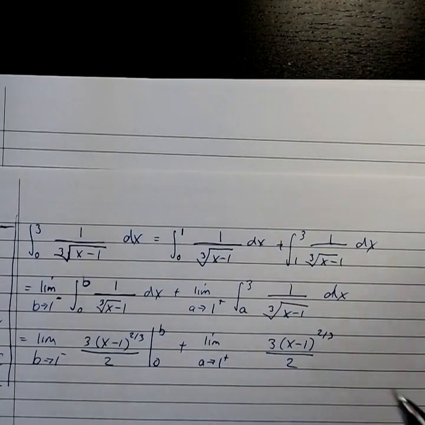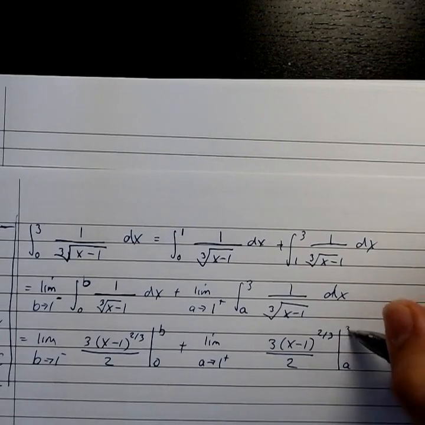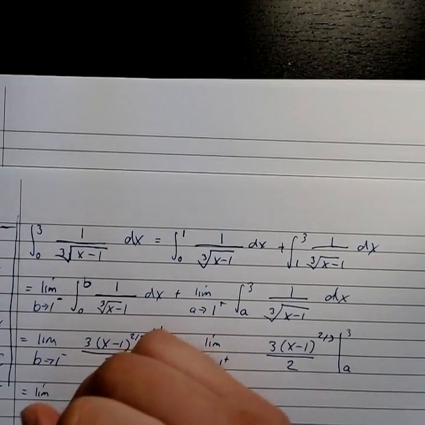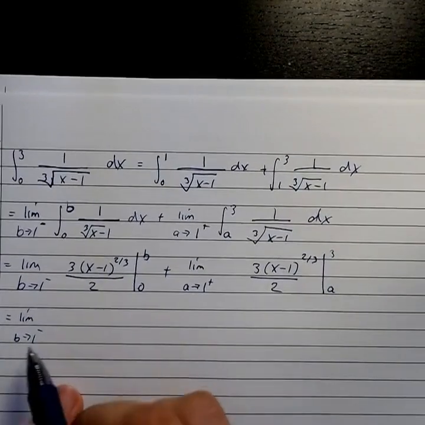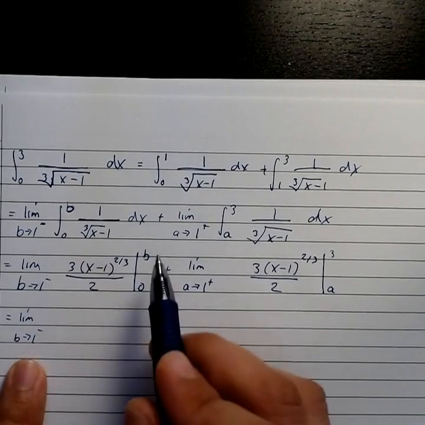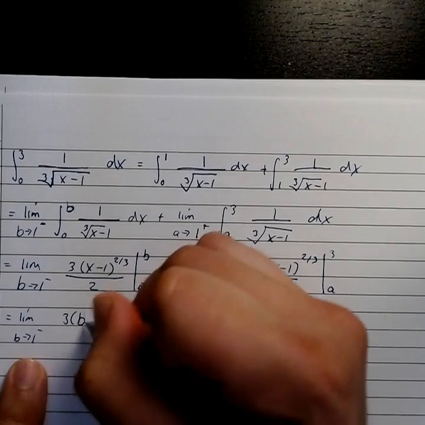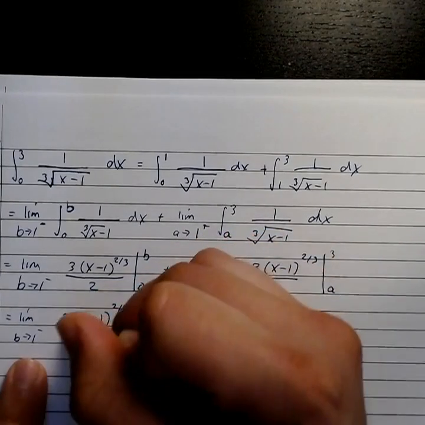And now we can go ahead and evaluate that at its endpoints, which are a and 3. Okay, so now this is going to be the limit as b approaches 1 from the left. Notice I have not evaluated my limit yet, so that's coming along for the ride. That's the limit as b approaches 1 from the left of, if I substitute in b right here, that's going to be 3 times b minus 1 to the 2/3 power